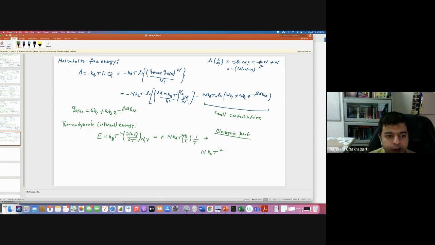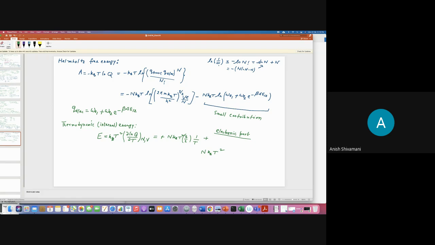Okay, you have to take a log of this. Remember, you have to take the log of this, and then you have to differentiate that with respect to temperature. Is it clear? That is exactly what you should do. But of course,